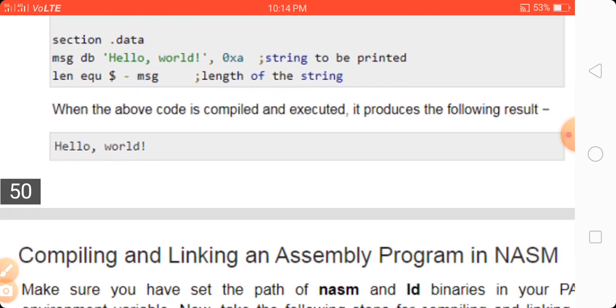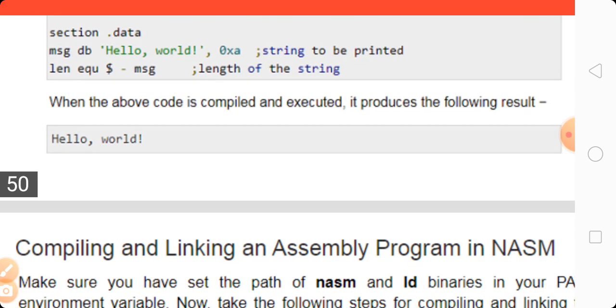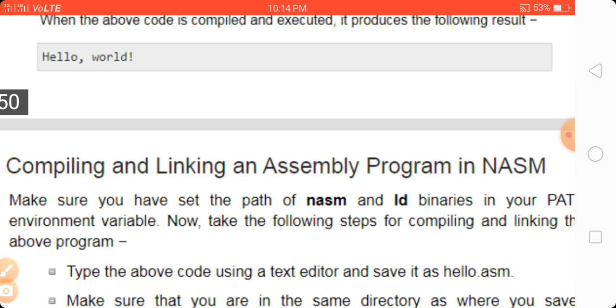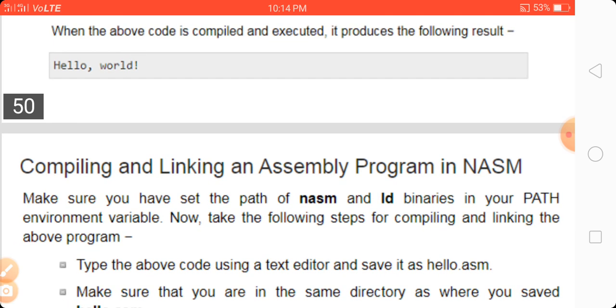So what are the steps of compiling and linking an assembly program? Generally we use NASM to run the assembly language program. NASM and TASM are the assemblers we use for assembly language programs. Make sure you have set the path of NASM. Firstly, you have to download NASM, and then set the path in your environment variable.